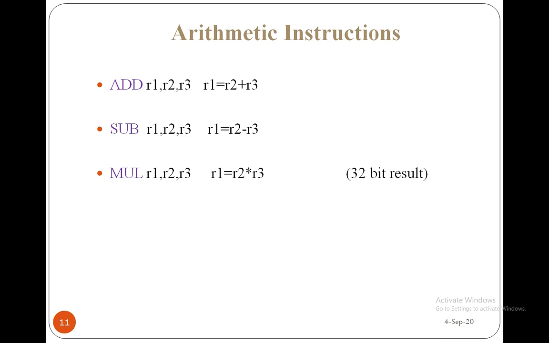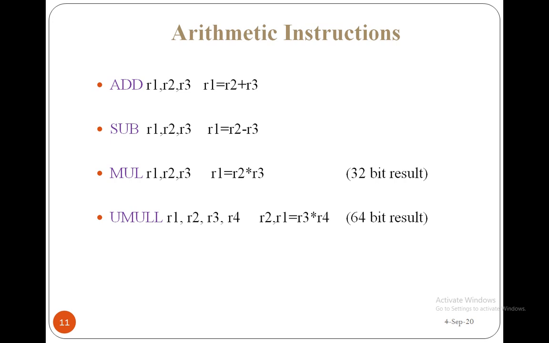Here the result is a 32-bit result. If the result is 32-bit, then you can use this mul statement. If the result is 64 bits, that is, if you perform two 32-bit multiplication, you can get a 64-bit result. Now that 64-bit result is going to be stored in two registers. Why? Because each register is of 32-bit type here, so you require at least two registers to store